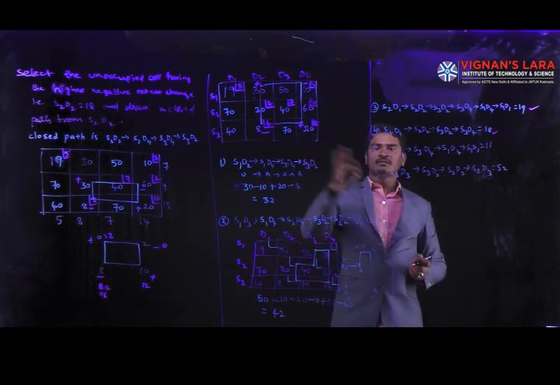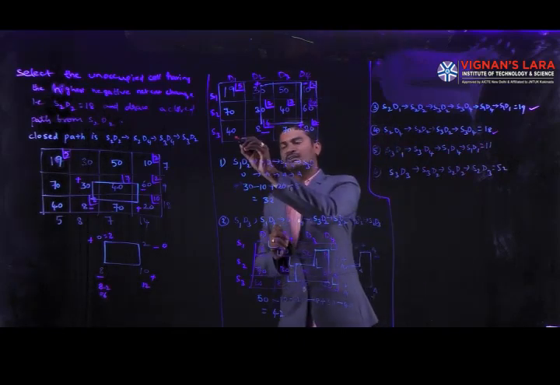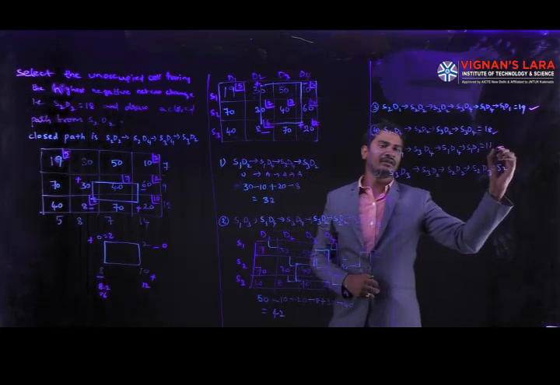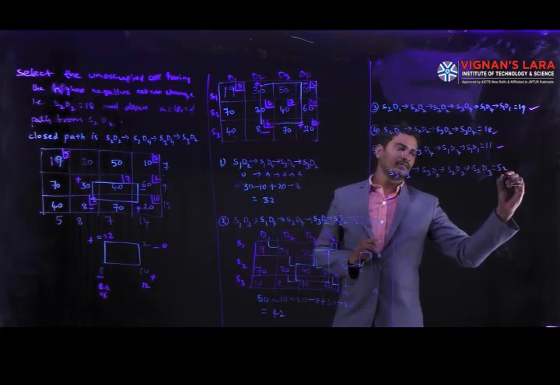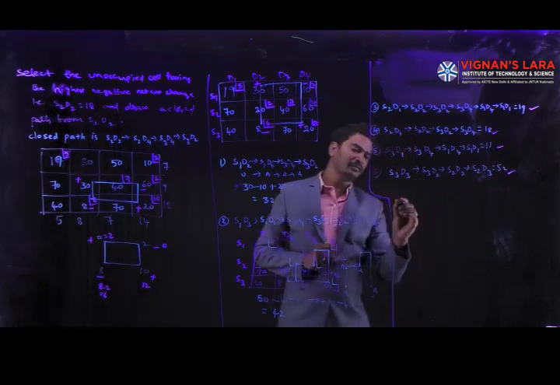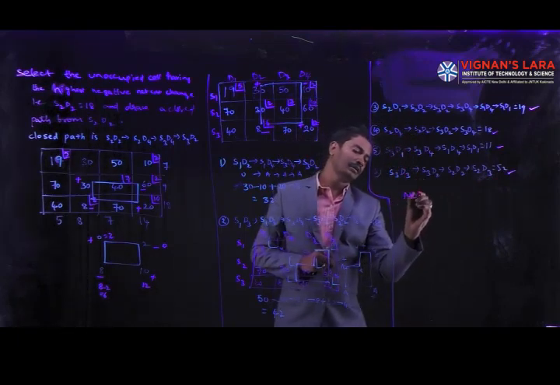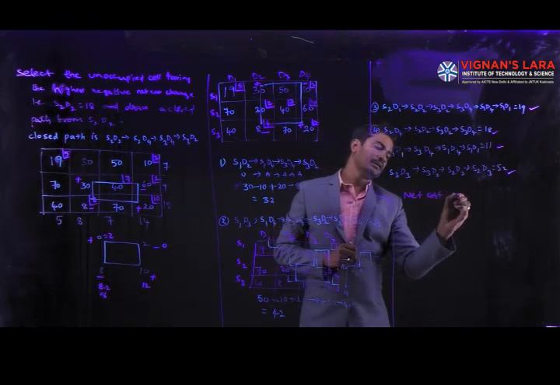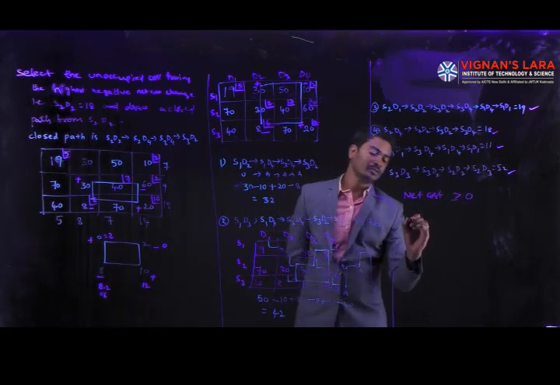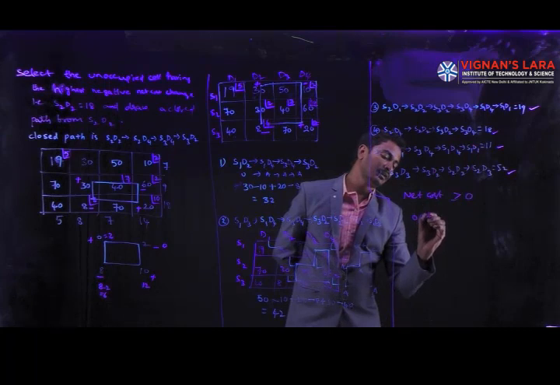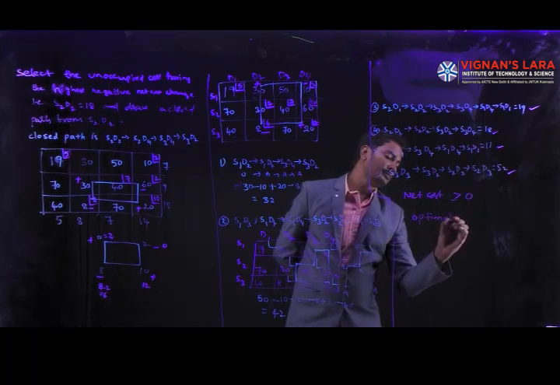Next unallocated we have S3D1. From this we are getting 11. Next S3D3. From this we are getting 52. After finding the net cost values, these are all greater than 0. It means we have all positive values. So it reaches the optimality. Now we are going to find the optimal solution.